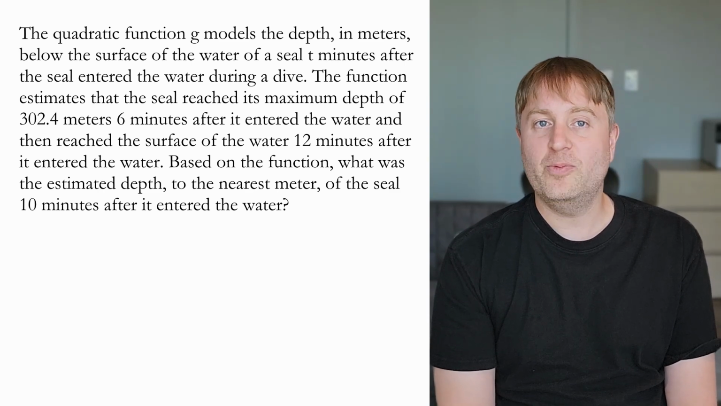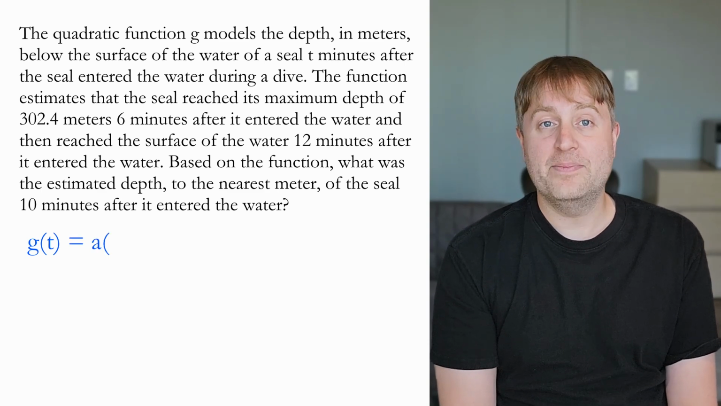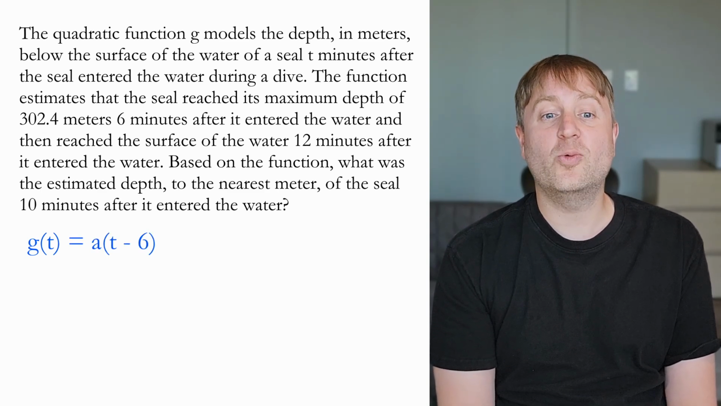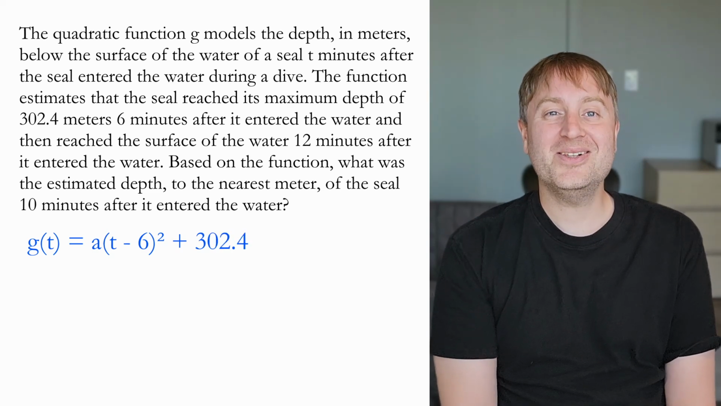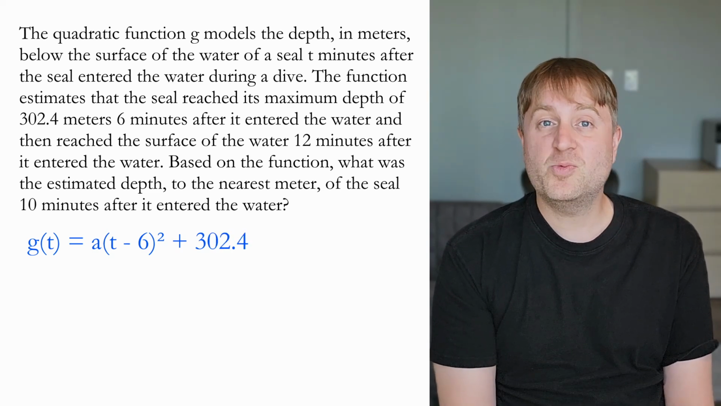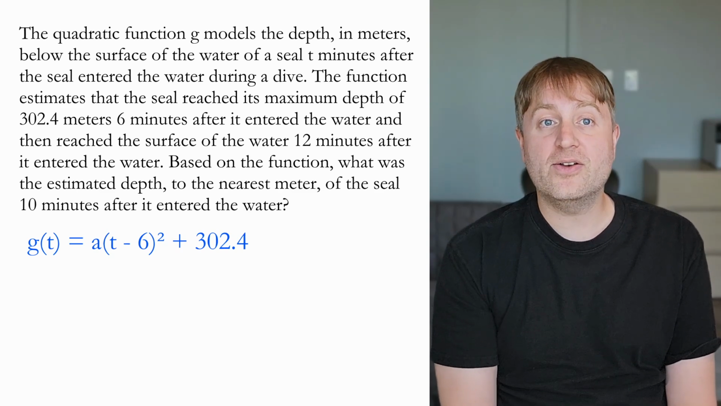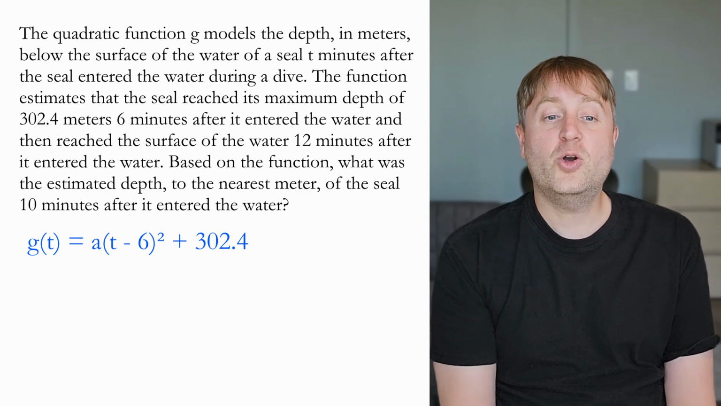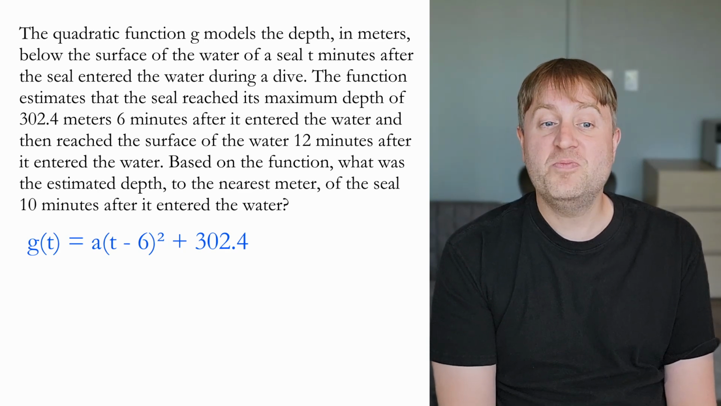And when we do that, we get g of t equals a times (t minus 6) squared plus 302.4. Now there's still a little work that needs to be done because we don't know the value of a. However, it's important to realize that they've also given us another point. The question tells us that the seal surfaces after 12 minutes, which means that at 12 minutes, its depth is